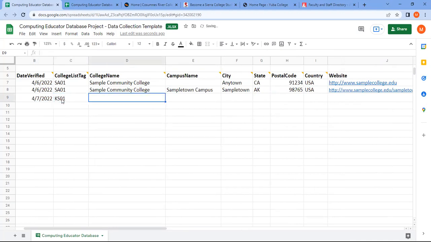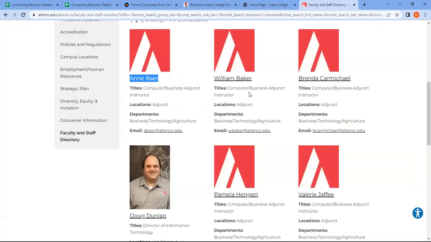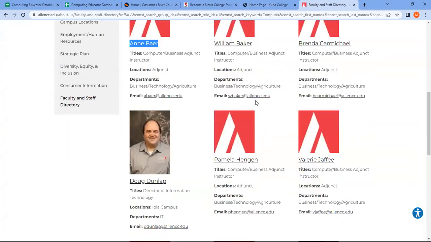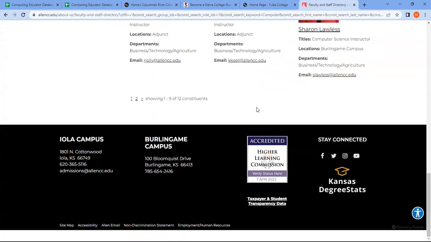Okay. So I need to fill in my KS01. That was my college list. Okay. And the name of the college, I need to return to, and that of course was Allen Community College. Now, once again, right here, do I copy, do I paste? If you scroll down to the bottom, okay, of each page, oftentimes you will find the name of the college or otherwise,